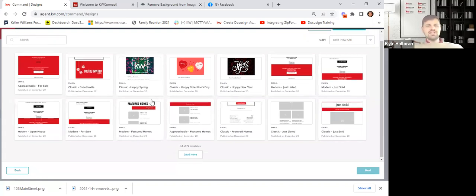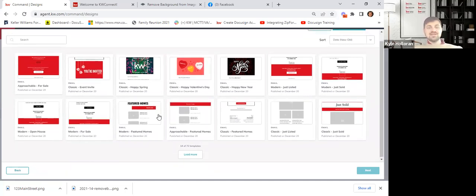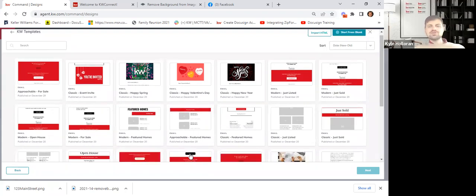So these are all of the KW templates. You can see at the bottom here, they've got 72 of them right now. Happy spring, happy Valentine's Day, right? There might be some event invitations. If you wanted to send out an email highlighting 3 homes, you could do that. And that's what works in the KWLS. So you could open up one of these designs and actually syndicate in 3 listings from the MLS that are active, and the information will get sucked in. You have to go through these and just look at them.